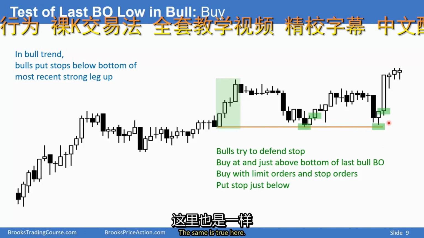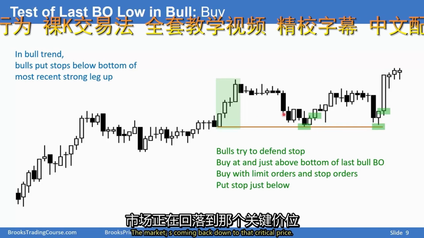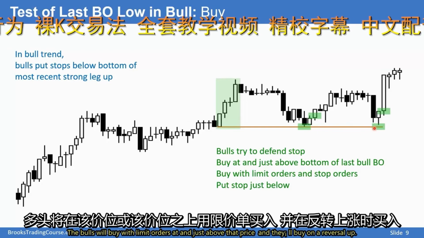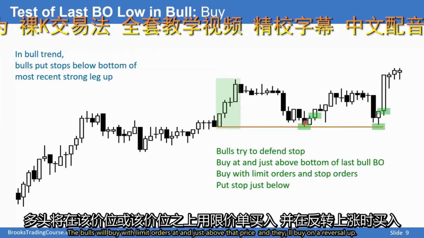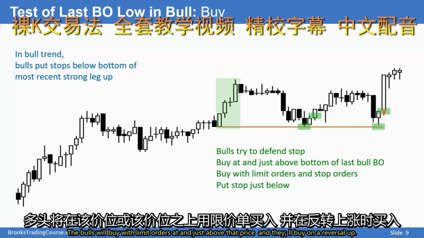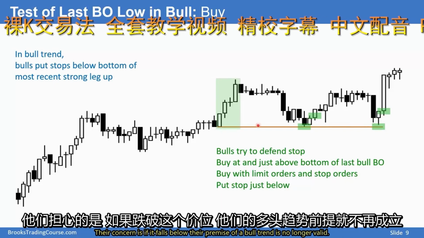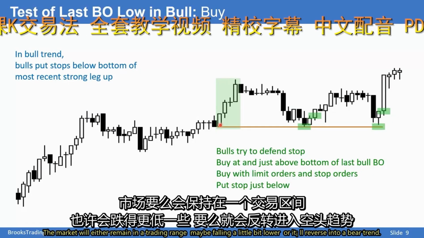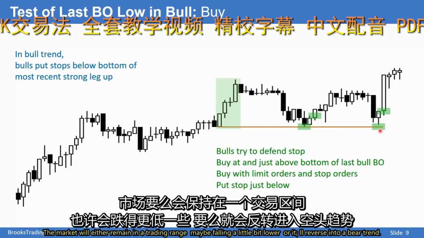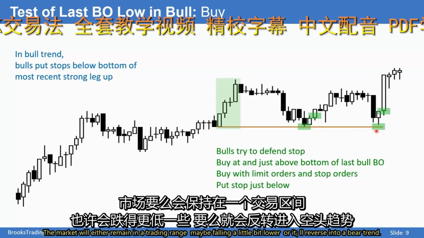And the same is true here. The market's coming back down to that critical price. The bulls will buy with limit orders at and just above that price, and they'll buy on a reversal up. Their concern is if it falls below, their premise of a bull trend is no longer valid. The market will either remain in a trading range, maybe falling a little bit lower, or it'll reverse into a